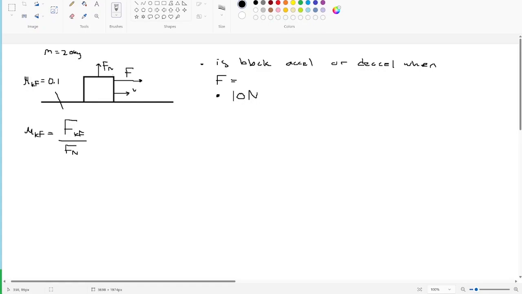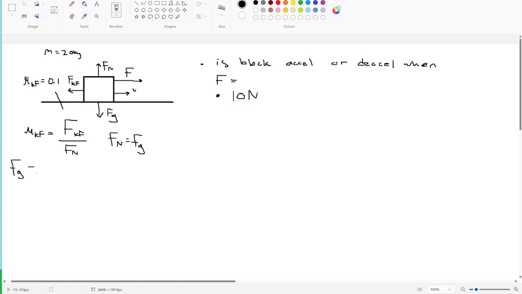Normal force is applied in this way. Force of gravity is applied in this way. And force of kinetic friction, in this case, is going to be opposite of the motion. So FKF is going to be in this direction. So normal force in this case is going to be equal to force of gravity,